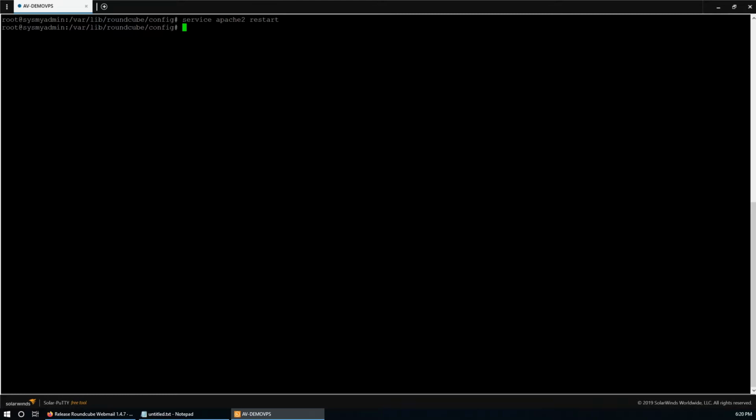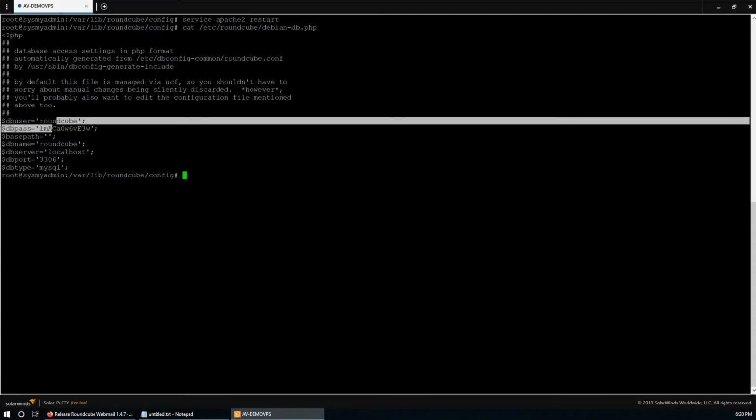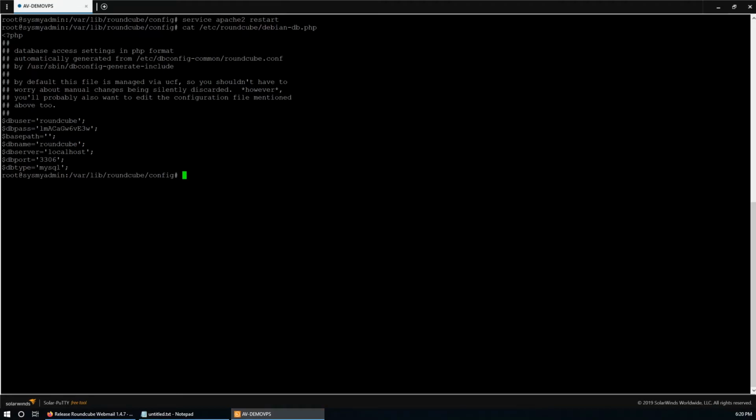So cat /etc/roundcube/debian-db.php. Here it is, db username, db password, db name, db server, and port.